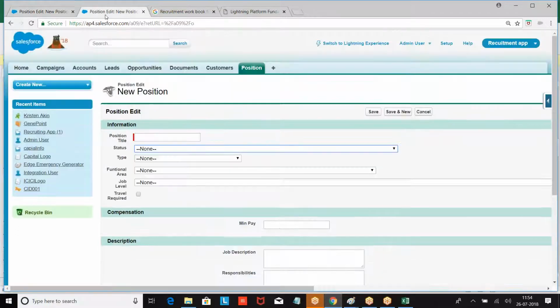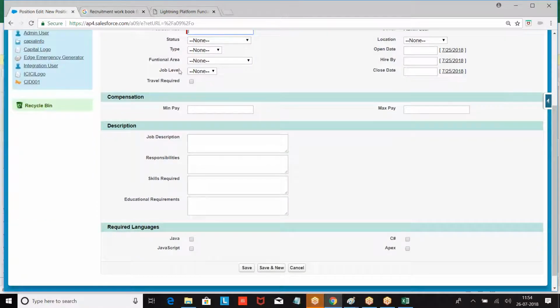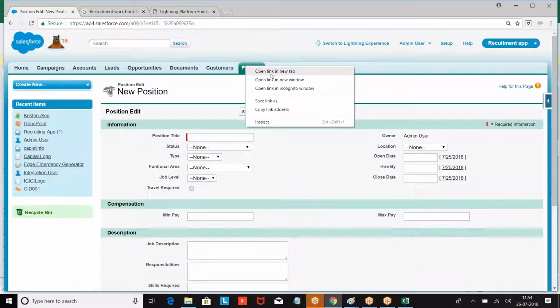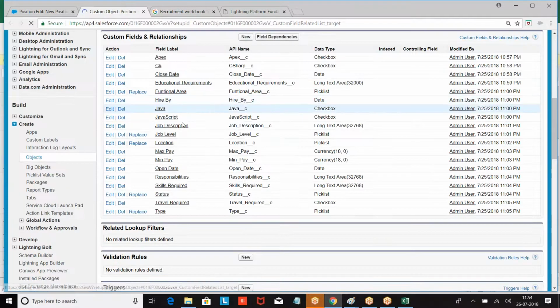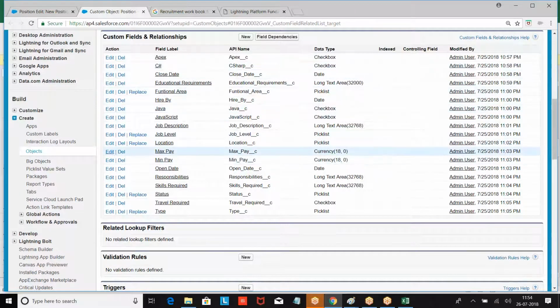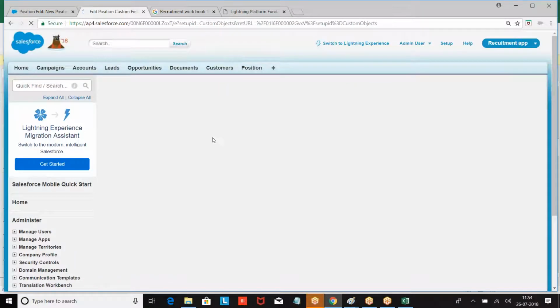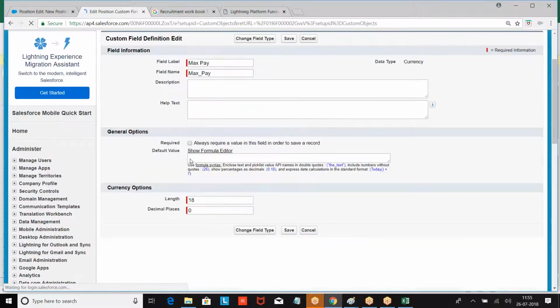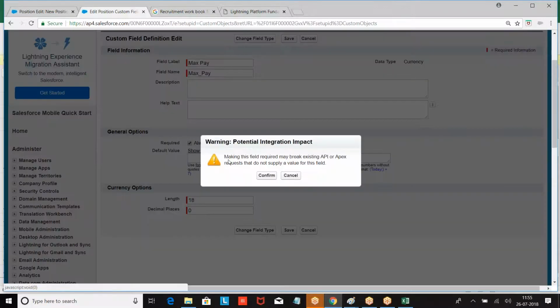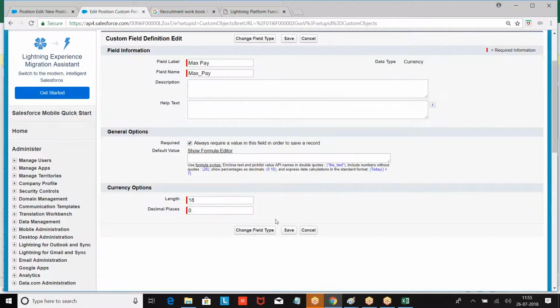What should I do? Go to the position object again. Go to the fields. What are the fields we had? Min pay, max pay. Edit the field. Go to the field, edit the property. Then we are making the field as required. Can I give a default value? 0. I am giving a default value as 0. Similarly, next max pay.